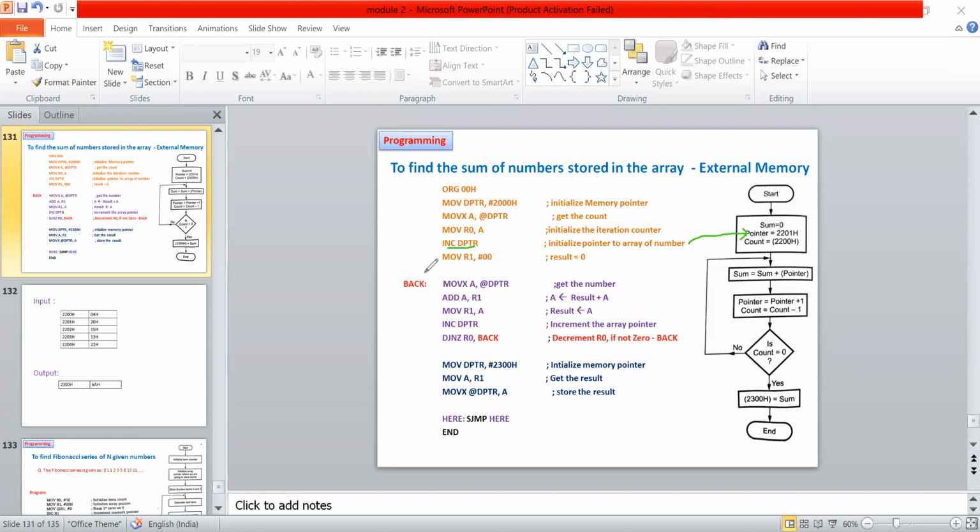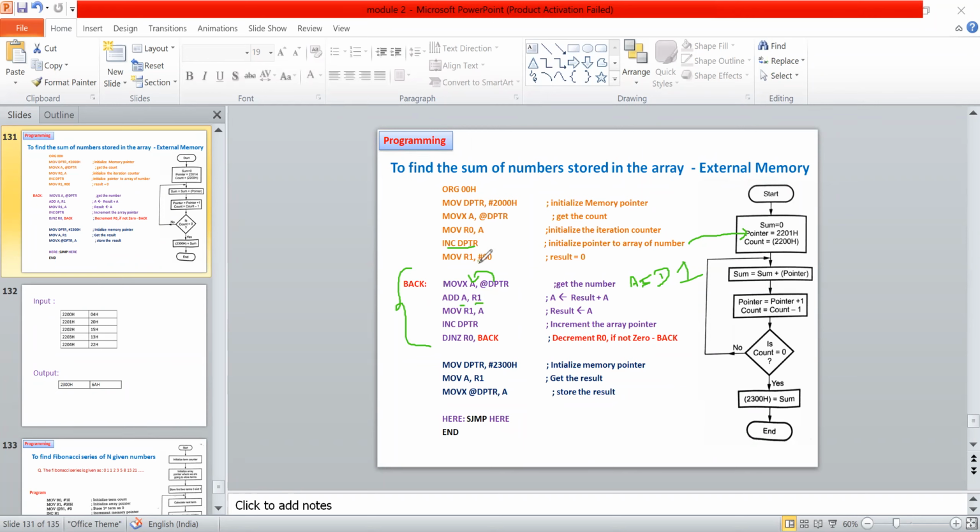Now I'm going to have a loop here. At DPTR, I'm moving a value to the accumulator. I have retrieved my first data. In the accumulator, I'll be having data 1. Next, add A comma R1.